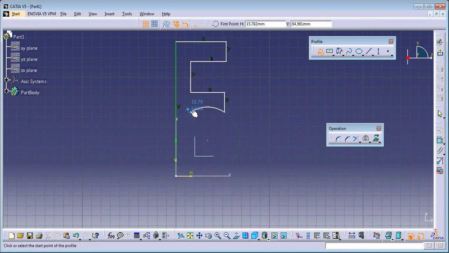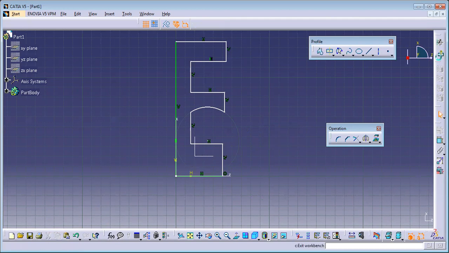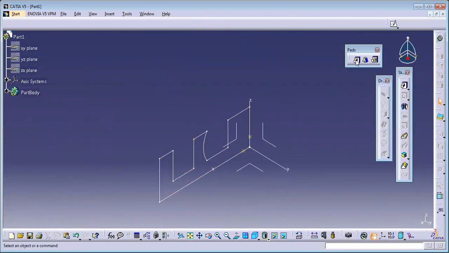So I'm dealing with a closed sketch. I'm not taking it as an open profile. So I'll close this like this. I'll say exit to this. So now if I go with this pad here,